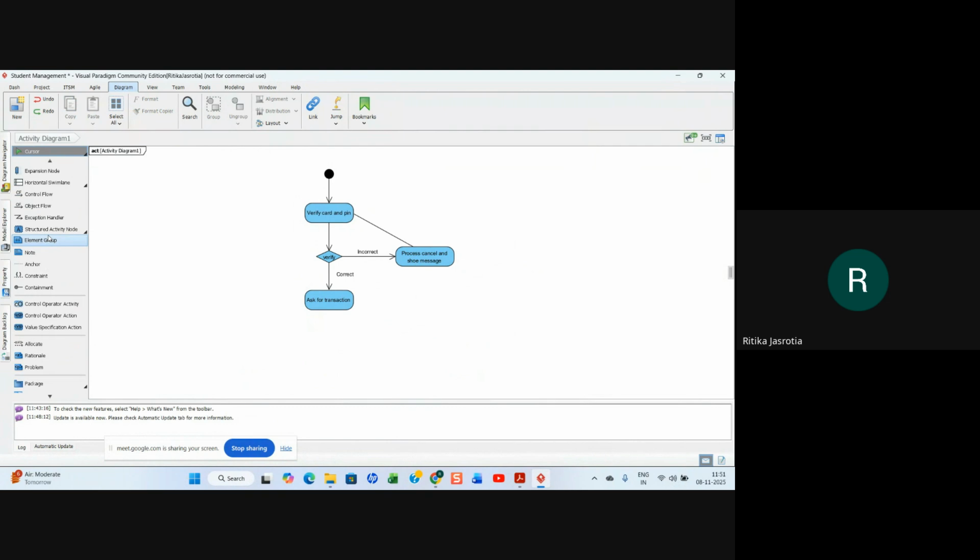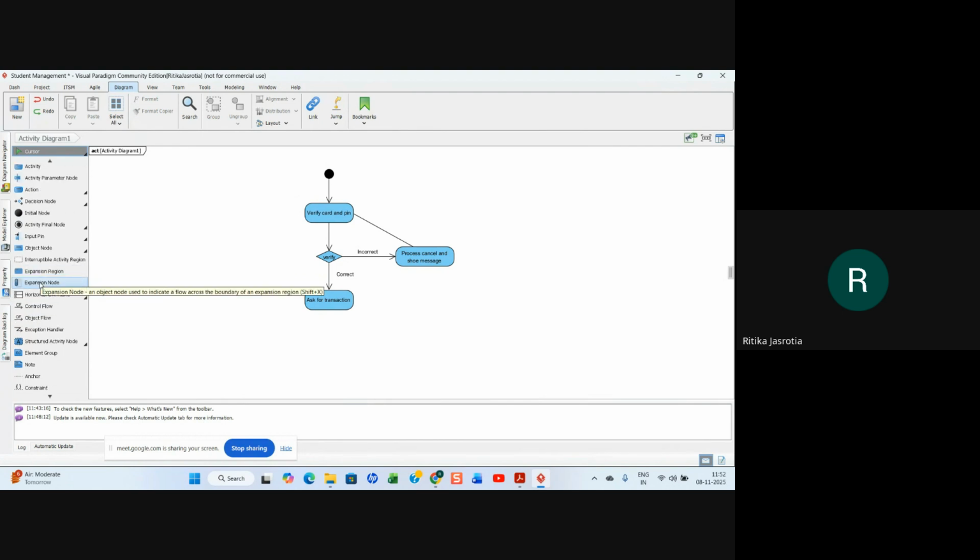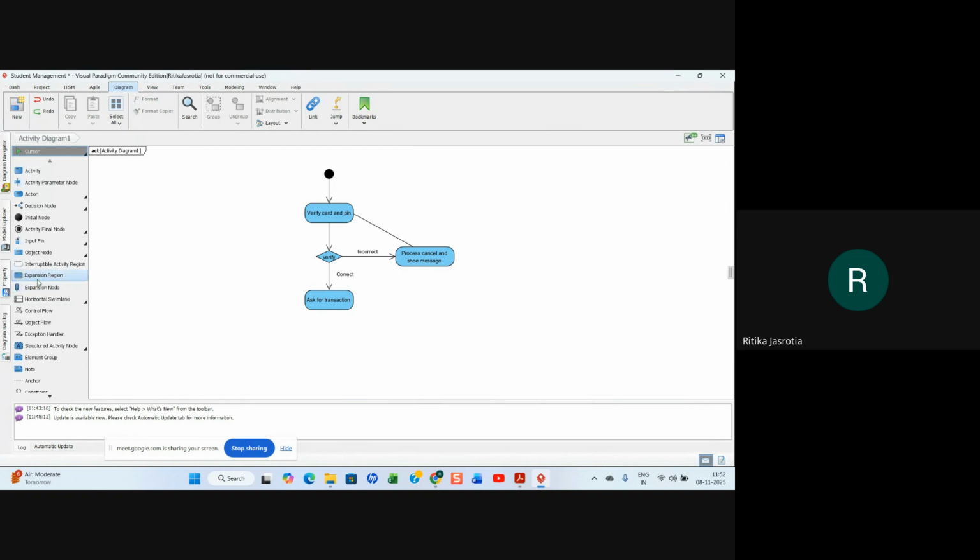If I take it from here, where is the fork operation? Actually, it is not coming here.